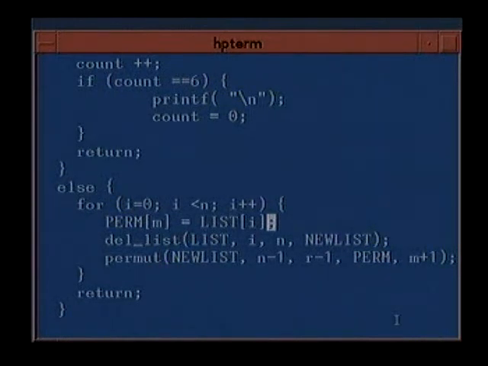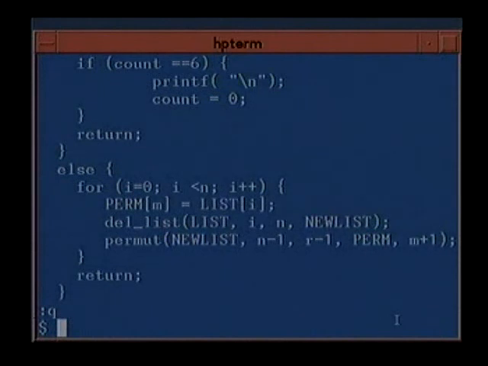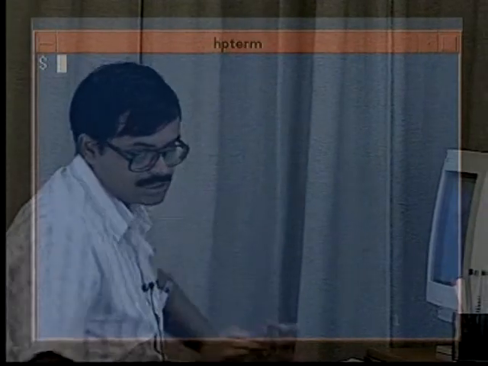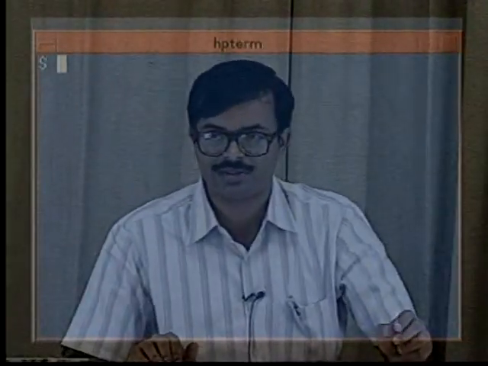So I hope this program is okay, and we have done some simple exercises on characters and strings. I would expect you to read up some more examples on the string functions, especially string length, string compare, string copy, and just use them and implement them to find out how strings are used. Also have a look at the function getchar, which obtains a single character. All right. We'll see an example of getchar in a subsequent example when we talk of something else. So we'll stop here for this class.